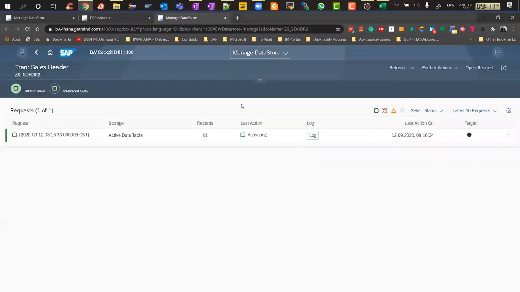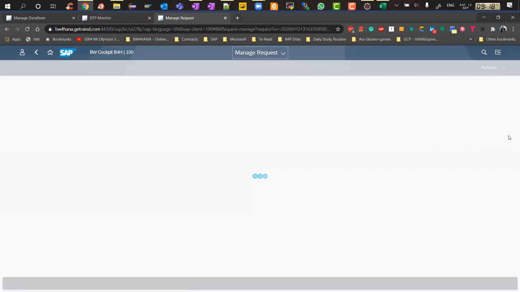Now this manage screen will have a default view and an advanced view. There are two views for the manage. The default view will not show you all the details. Of course, it will show you that it is updated to all targets. It is showing you here, the target updated to all targets. If you click here,